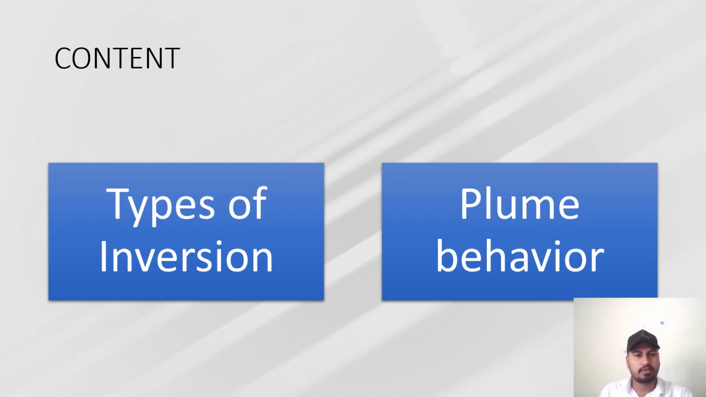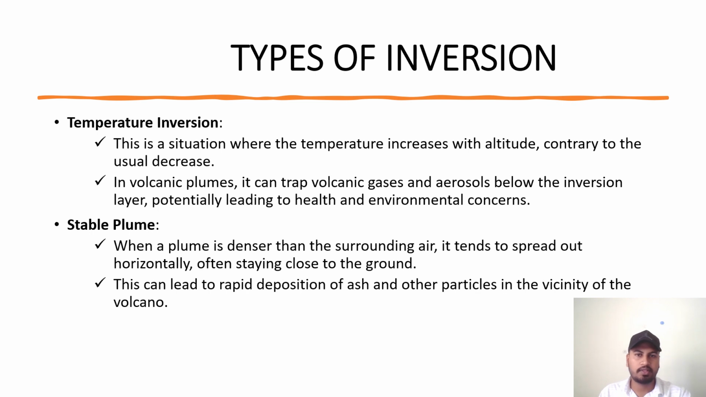So here we are going to discuss the types of inversion and the plume behavior. Starting with the types of inversion. First of all, we have temperature inversion. This is a situation where the temperature increases with altitude, contrary to the usual decrease. In volcanic plumes, it can trap volcanic gases and aerosols below the inversion layer, potentially leading to health and environmental